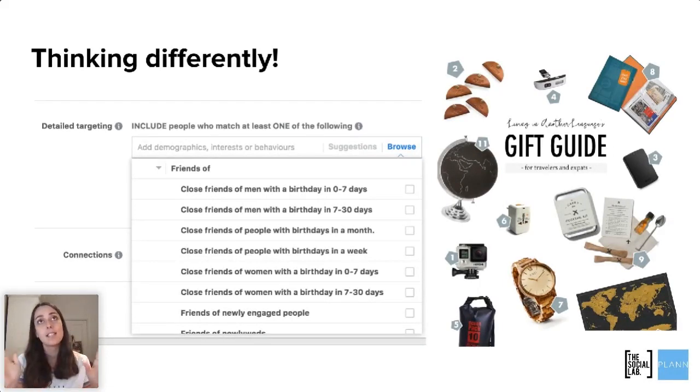This is one of my favorite insights. A wedding dress boutique in Sydney basically said how hard it was, as someone in the wedding industry, to get cheap advertising because everyone is trying to target newly engaged brides. So what she came up with was, you know what, bridesmaids are just as, if not more, involved than the bride in the whole process. So she went friends of newly engaged people, females only, and targeted them with the same kind of wedding dress